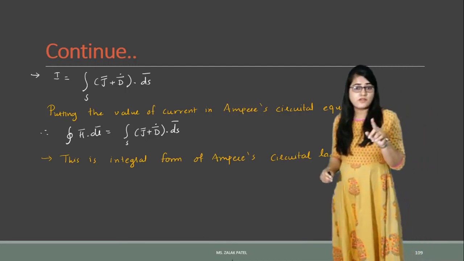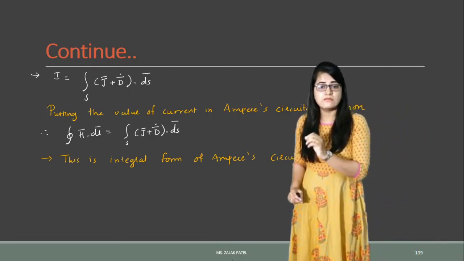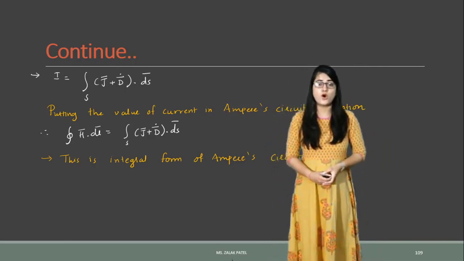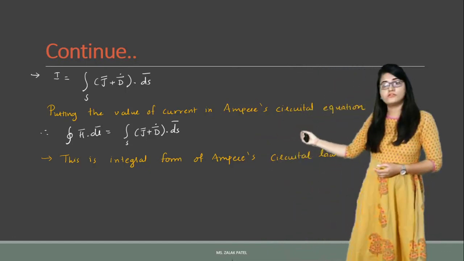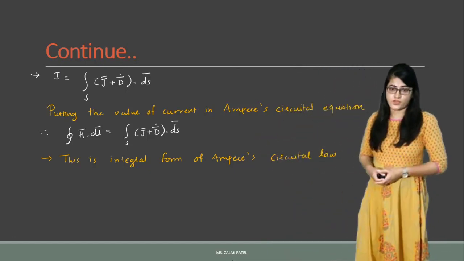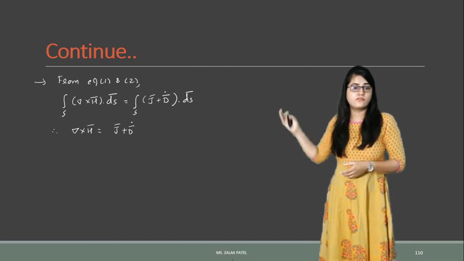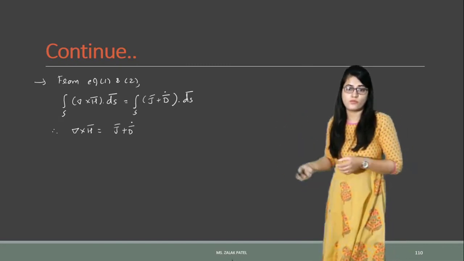The last one that we have seen in the previous slides is ∇×H equal to J plus D bar dot. That is our point form for Ampere circuital law in time varying field, and this is our integral form for time varying field Maxwell's equation. You can also make this in the form of surface integration as well, so we can get this last equation in the point form that we have already discussed.